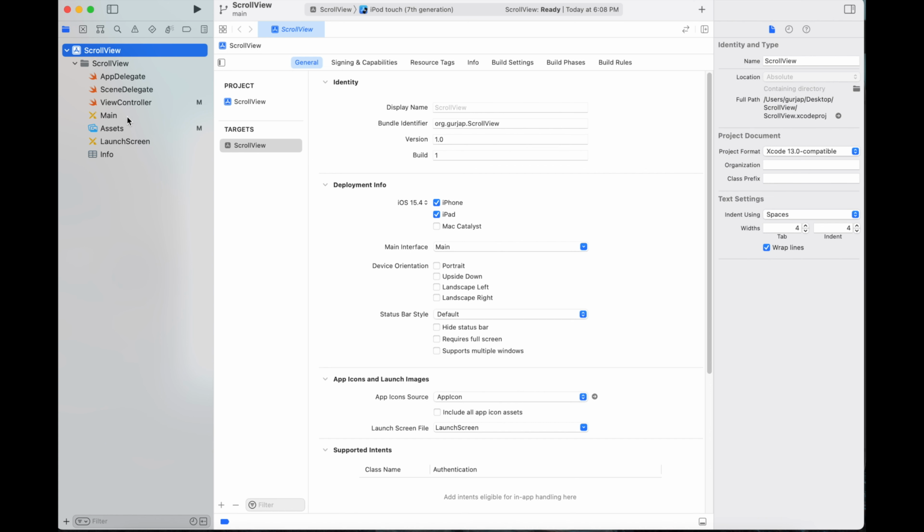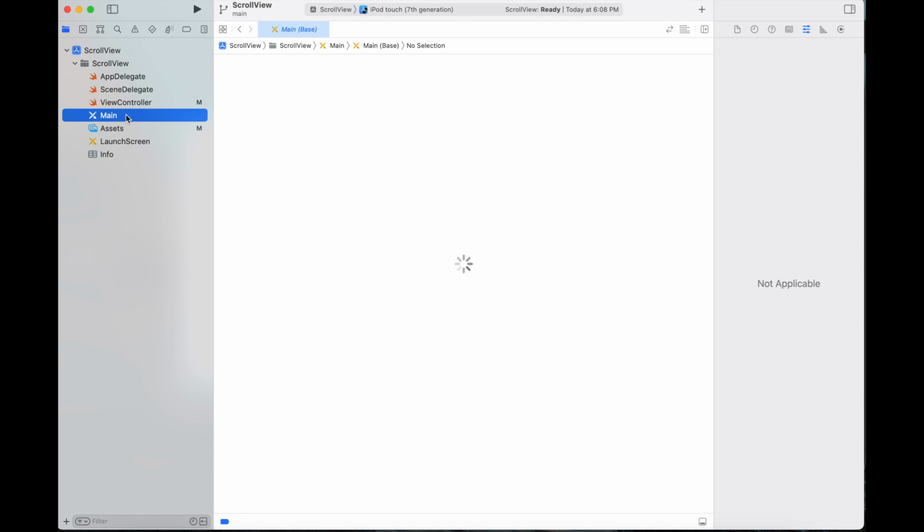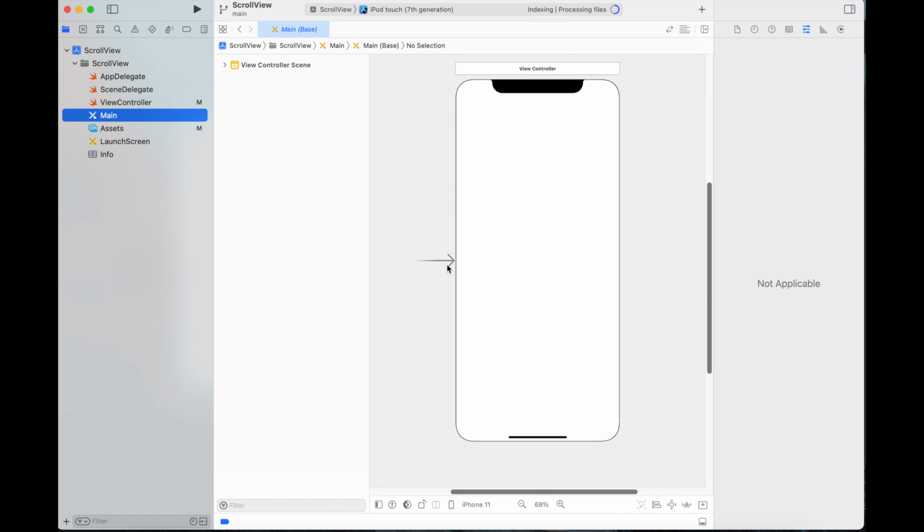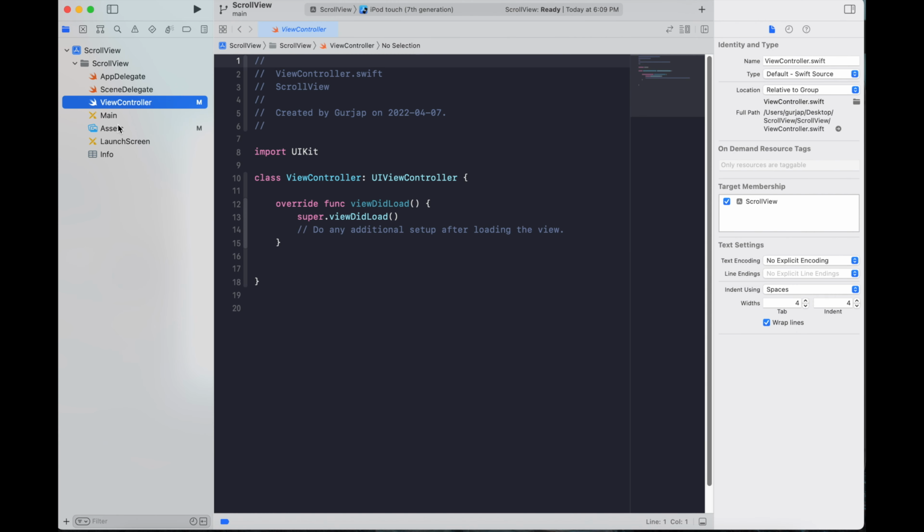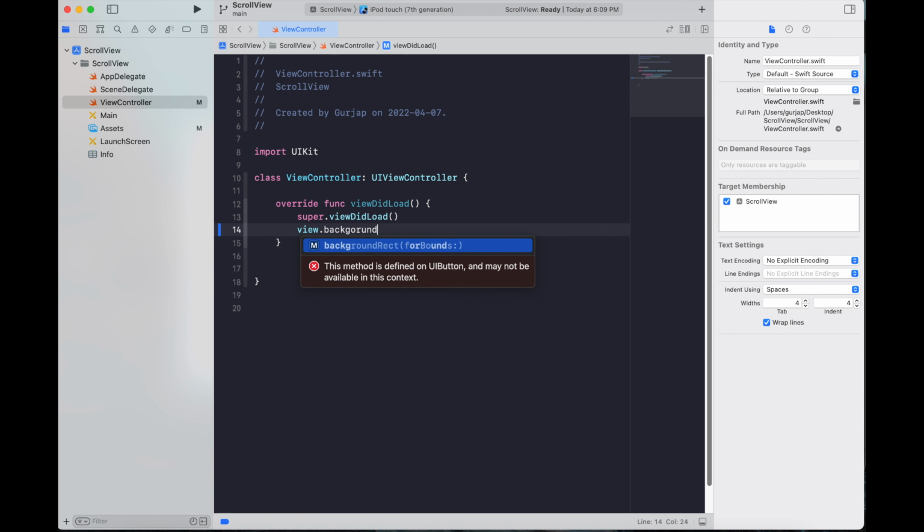Okay, so now we have Xcode opened. There is a main.storyboard file. This is where we would be creating the views if we weren't using the programmatic approach. The view controller file is associated with the main.storyboard. For now, I'm just going to create a view background to see everything is hooked up, and in the meantime our